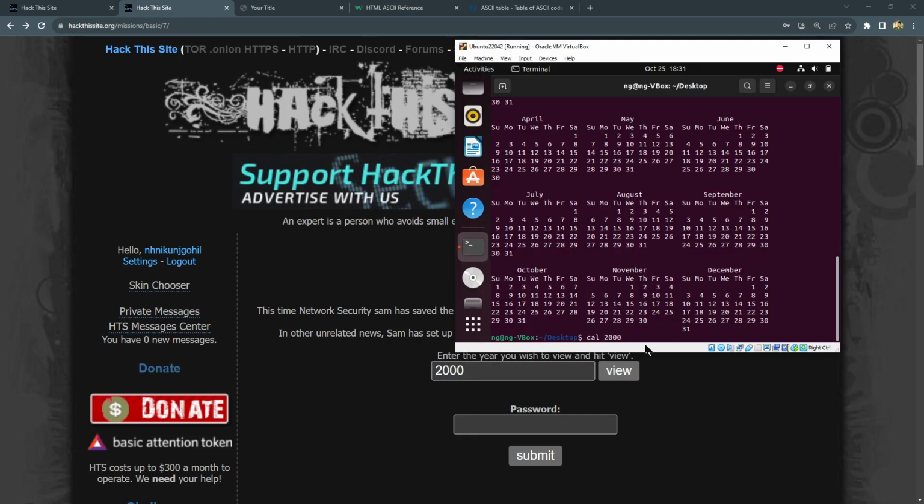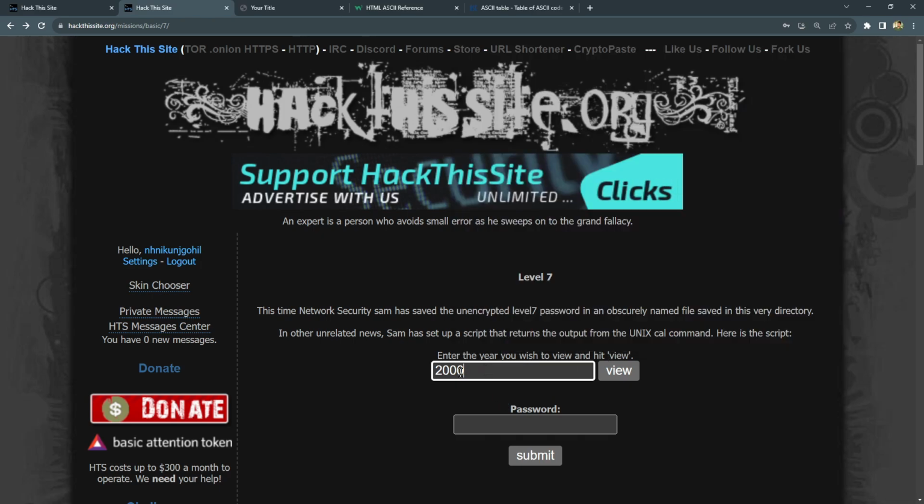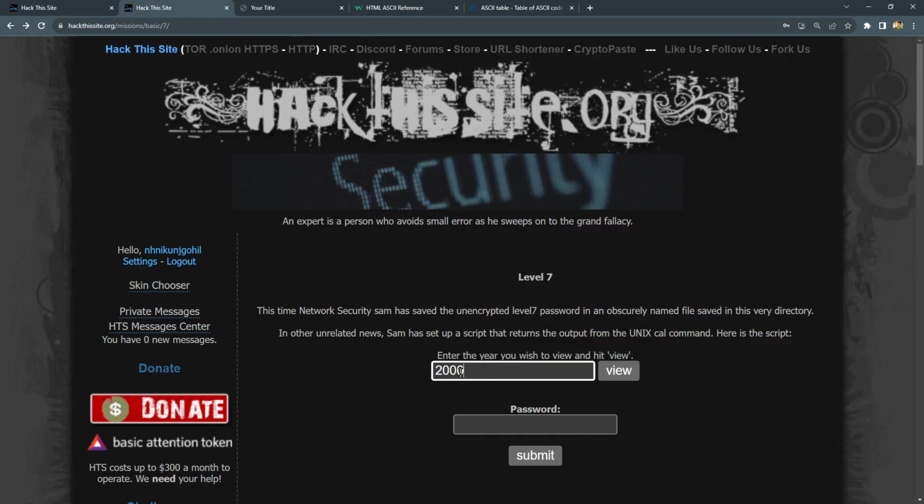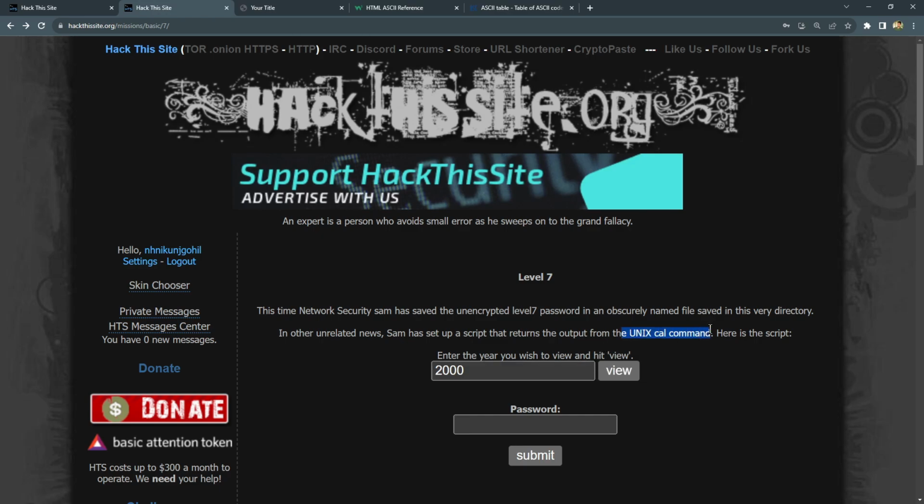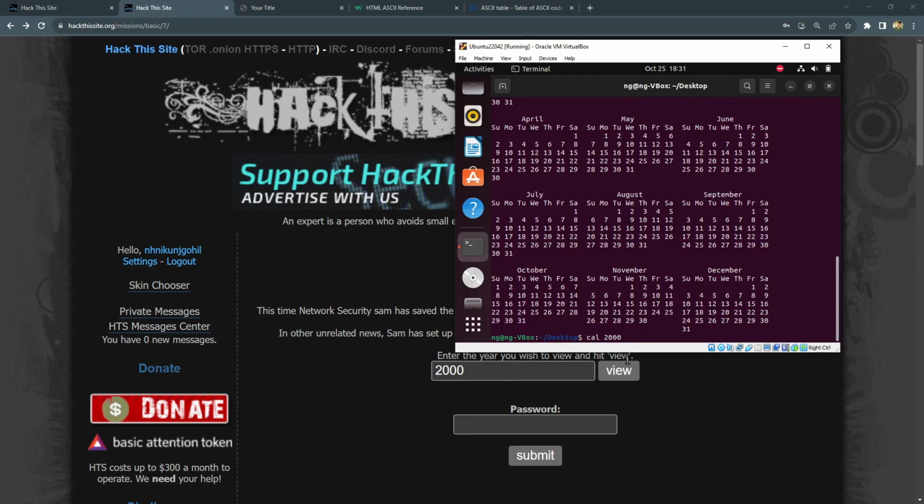So now understand what we can do. We are able to type some other command also with this. If it is a section or script where we are able to see the command, and it is telling us it is a Unix calendar command, then in Unix we have the option that we can type a semicolon and type multiple commands together. Let's say I'm typing here ls. That means first it will execute this cal command with the year 2000 and then